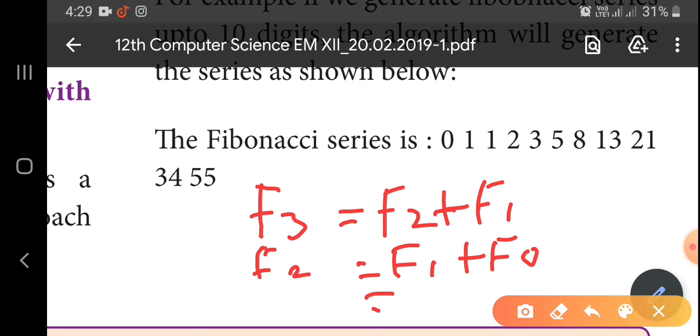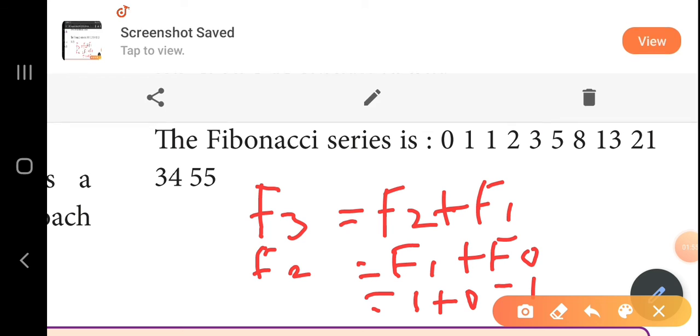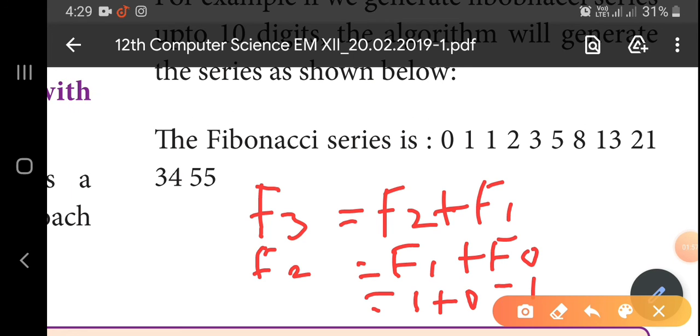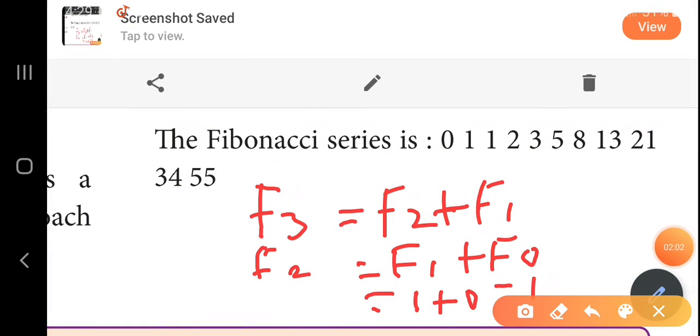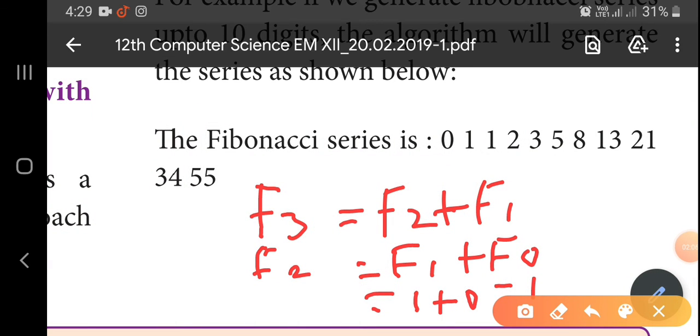So what is the value for f of 1? The f of 1 value is 1 and then fib of 0 is 0. So now you can get the value for this one as 1. Okay, is it clear? So fib of 2 is 1. Now if we substitute this value in this series, 1 plus fib of 1, which is 1. So 1 plus 1, we get the value for fib of 3 as 2.